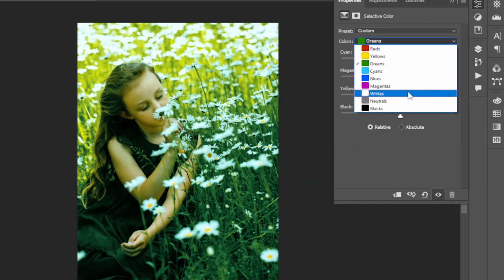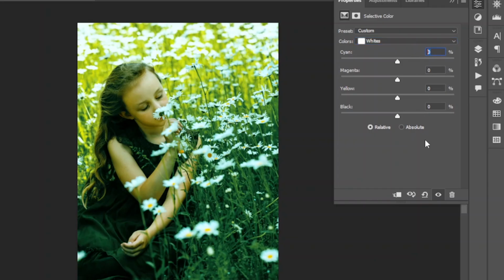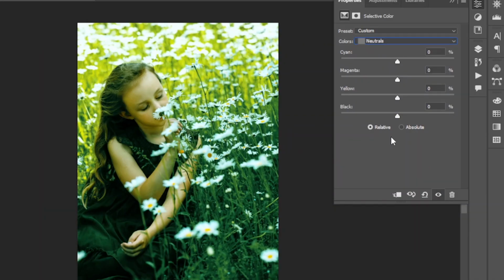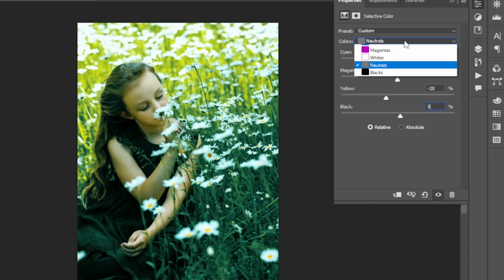In Whites, Cyan, -30. Black, -14. In Neutrals, Cyan, +5. Yellow, -20. Black, +5. In Blacks,